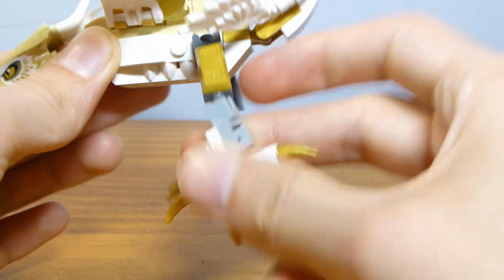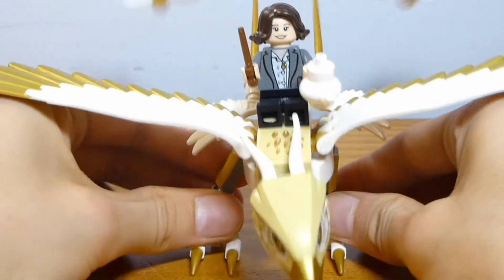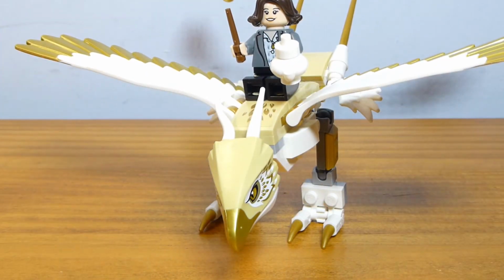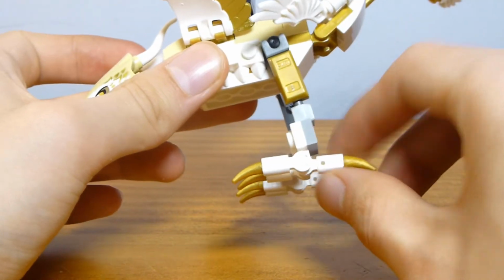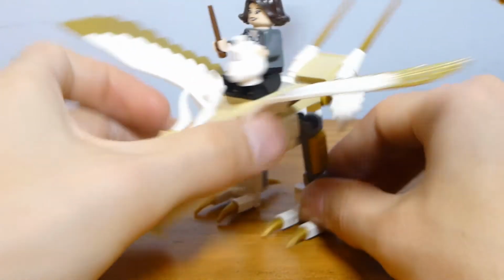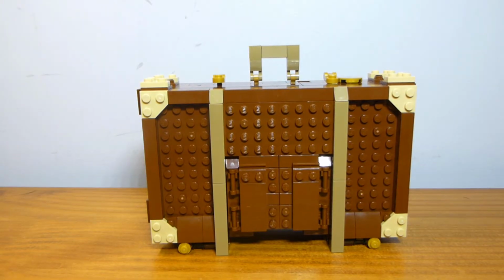But you do also have the ability to pose them side to side with the ball joints there, and it works out pretty well. There's no actual surface here aside from the claws, so for that being the case, it's actually pretty sturdy. And then the final build is the suitcase here, and it looks suitcase-like at first glance,